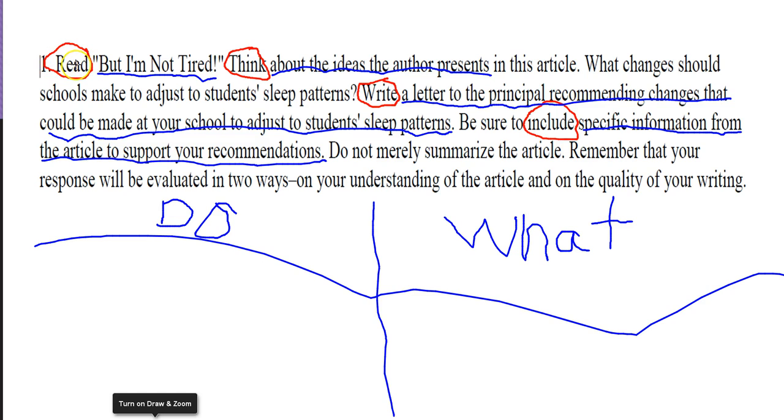Under do, I'm going to write all of my verbs. So I'm going to write read, think, write, and include. I'm going to make a list over here. And then I'm going to write over here what it's telling me to do. This is a great strategy for unpacking your